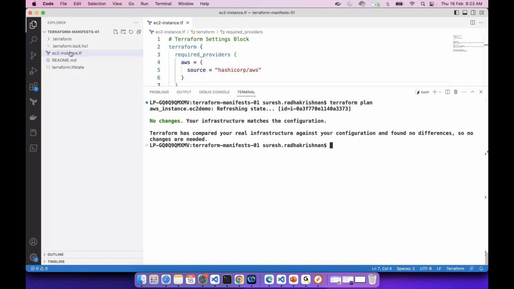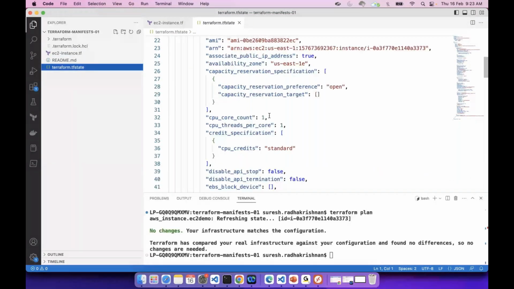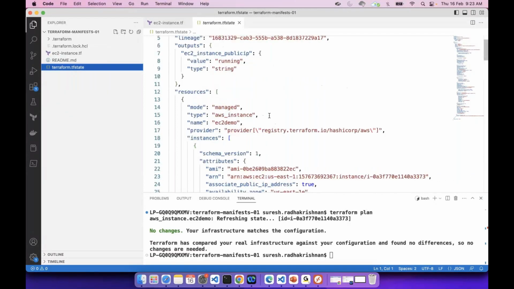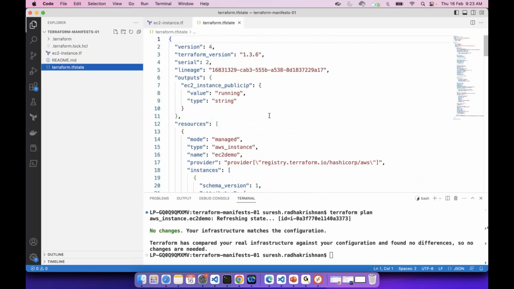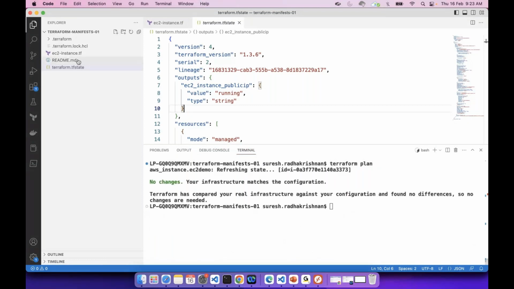The state file will have all the information: what has been created, what is the current state of the environment. Again, for the state we have a separate session, but as you are getting confused, I'm just giving some small information. As soon as you run the terraform apply command, the state file will get created. The state file will be holding the current